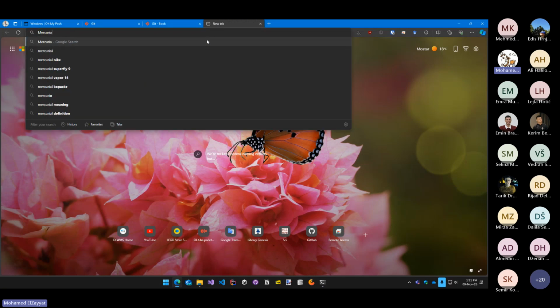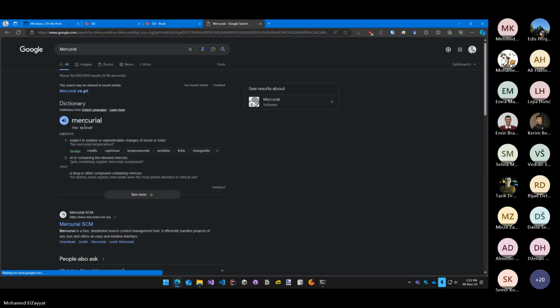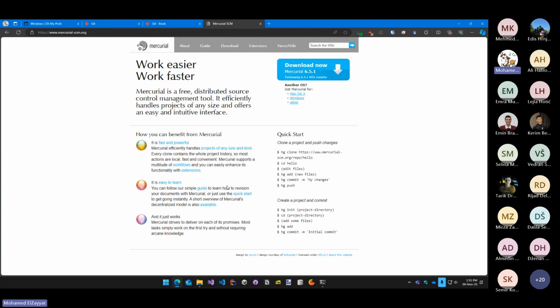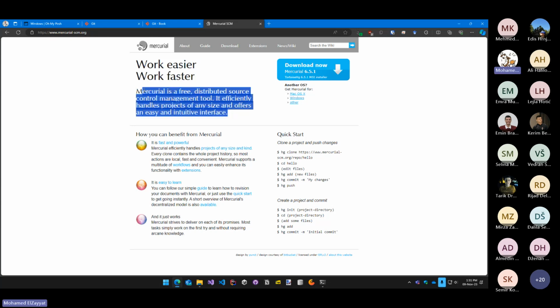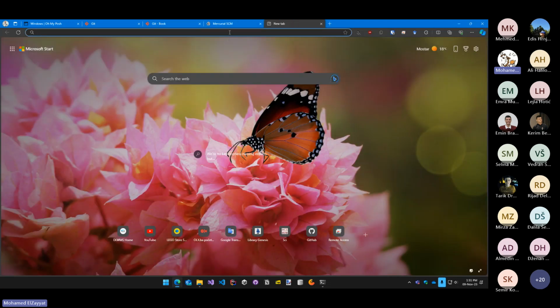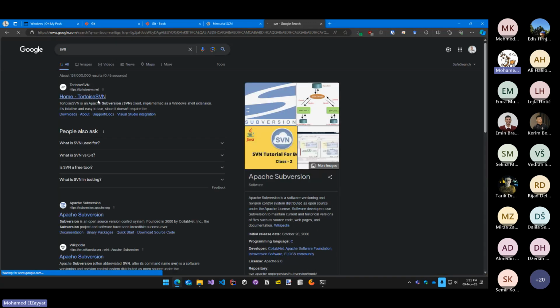Mercurial, SVN. So we have SCM, source control management, sorry. And so you have Mercurial. It's actually a distributed system, distributed source code control. And you have SVN, which is even used in